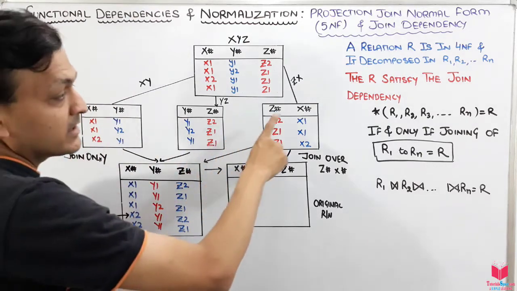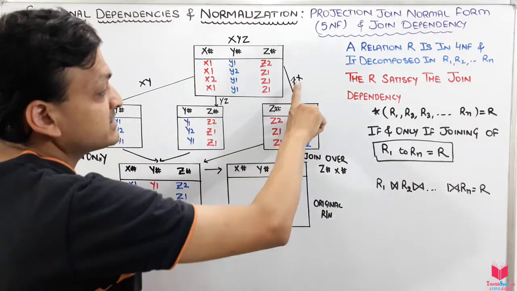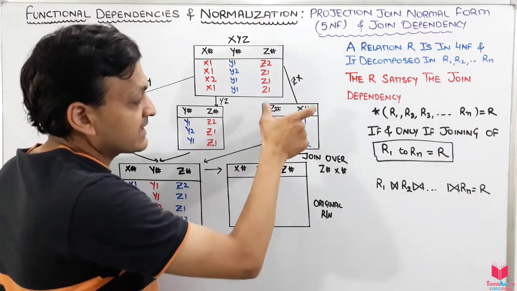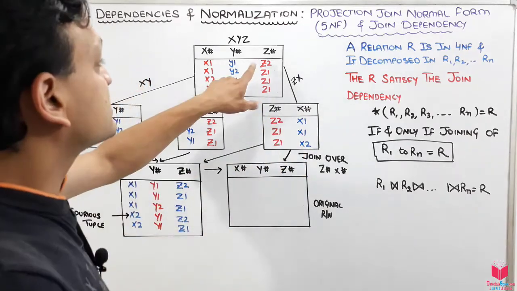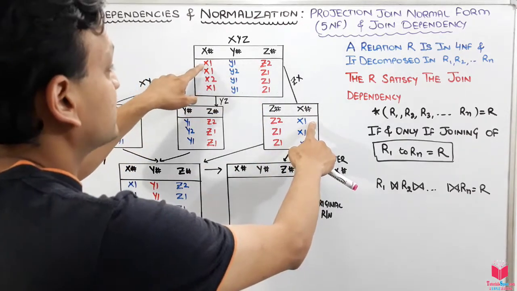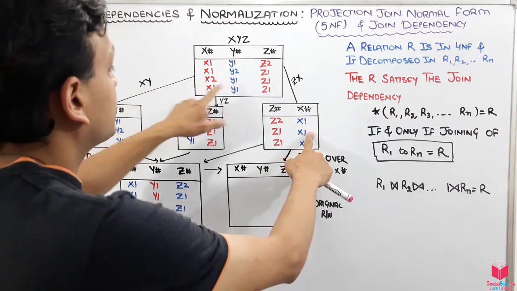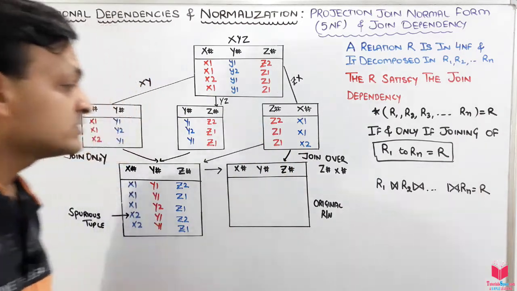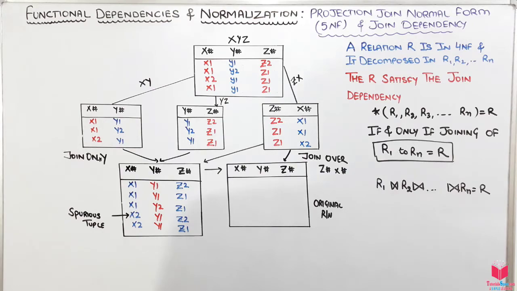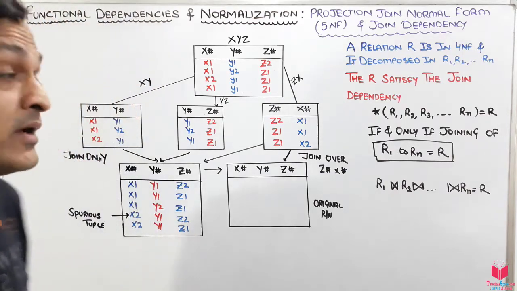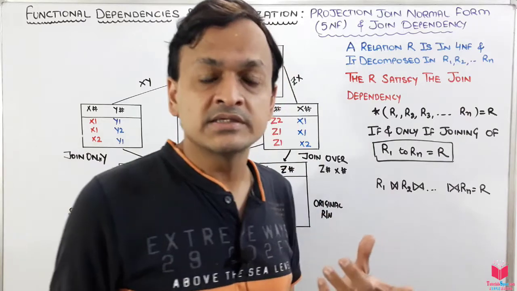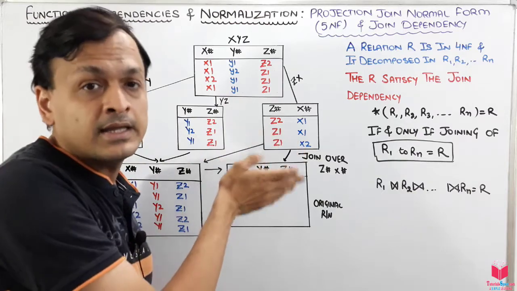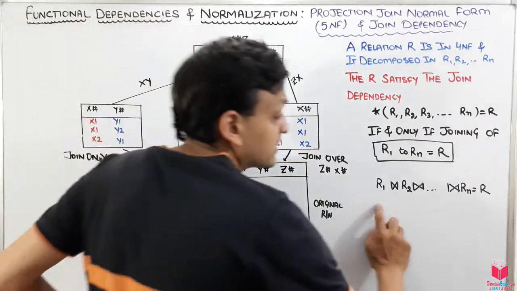So we are taking another decomposition here, in which we are considering zx. So zx has its corresponding values like this. If we consider z2, there is the corresponding zx1, then z1 x1, then z1 x2, and z1 x1 is already here. So these are their tuples. Now see, this is the main difference between lossless join and join dependency. We just check the decomposed relation there, but join dependency says that we have to split that table again to make this condition satisfied.